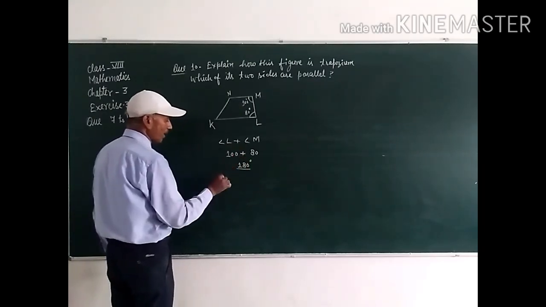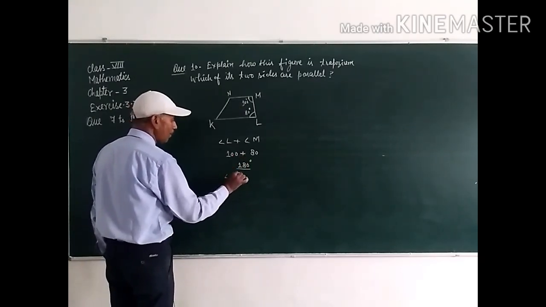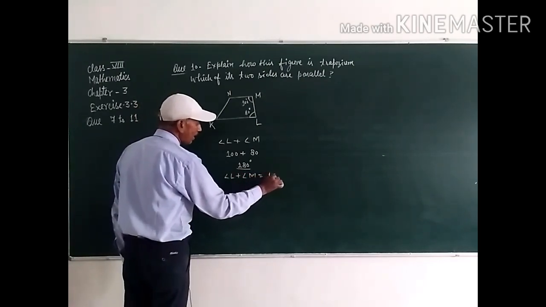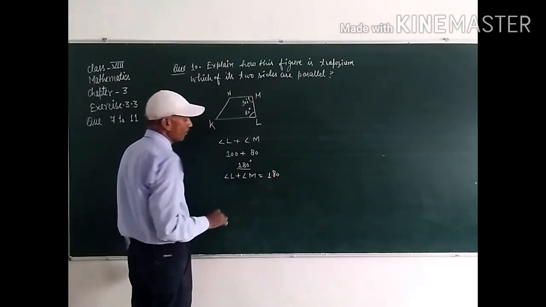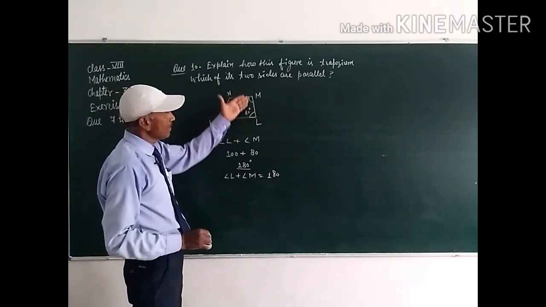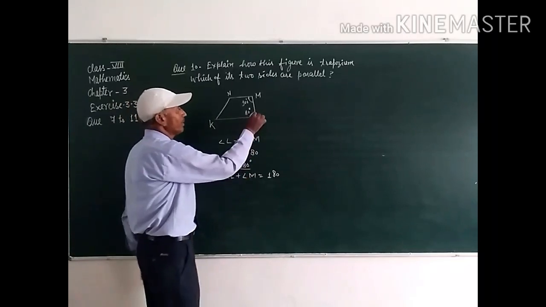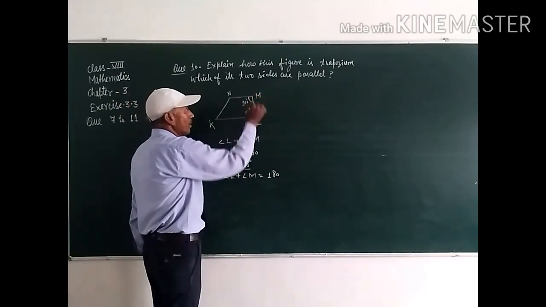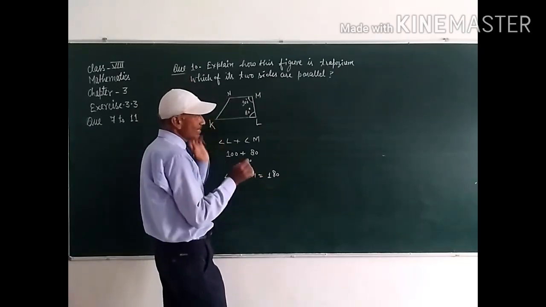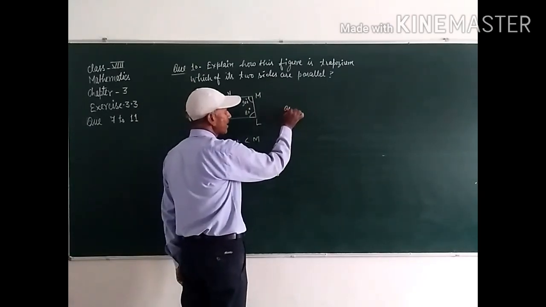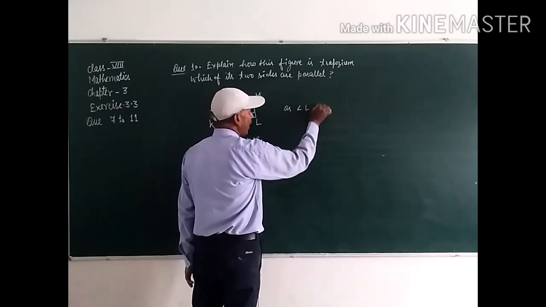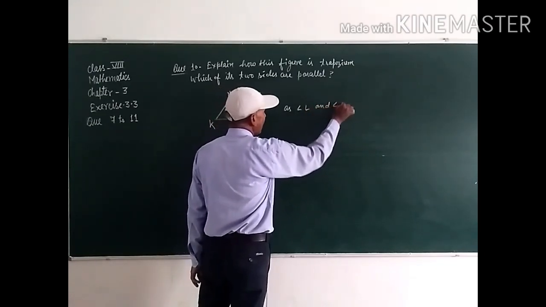Sum of these two angles, means angle L plus angle M, is equal to 180 degree. These angles are co-interior angles, same side of transversal. This one, LM is transversal, student. So the reason is, student, as angle L and angle M